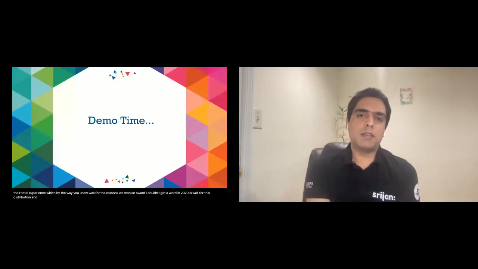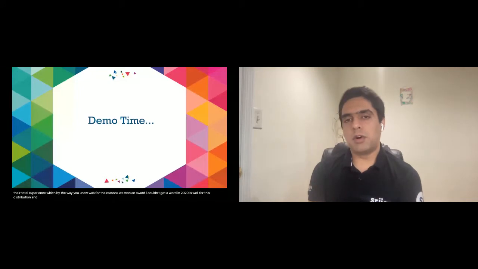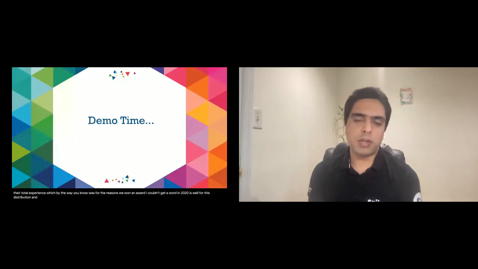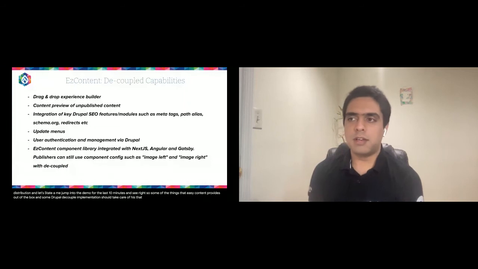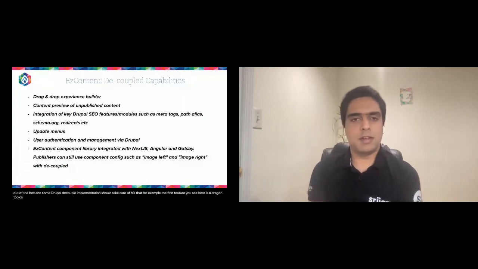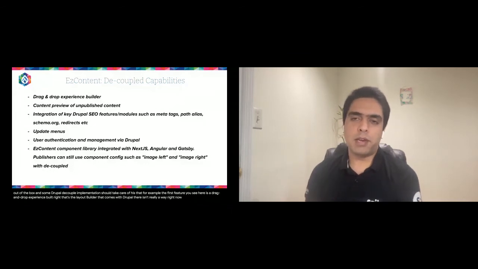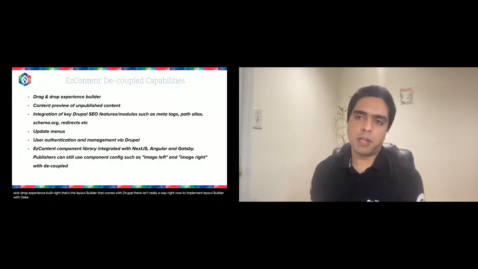Some of the things that Easy Content provides out of the box, and some of the things that I feel every Drupal decoupled implementation should take care of, are, for example, the first feature you see here, the drag and drop experience builder, right? That's the layout builder that comes with Drupal. There isn't really a way right now to implement layout builder with decoupled implementations.